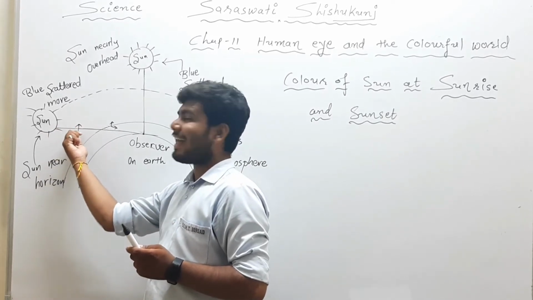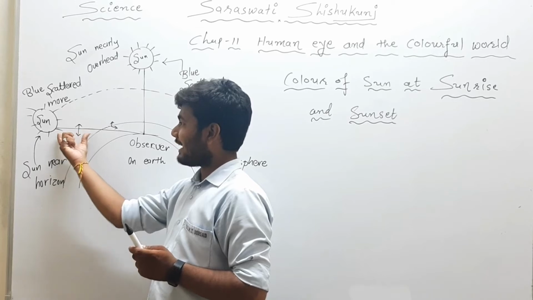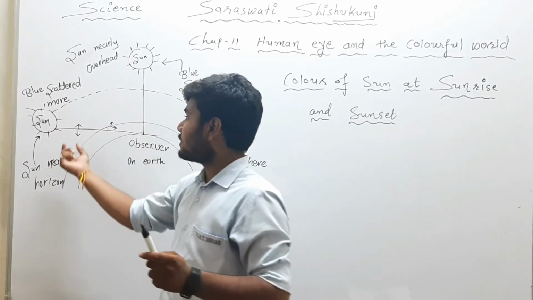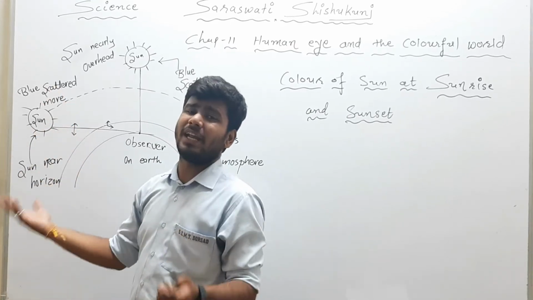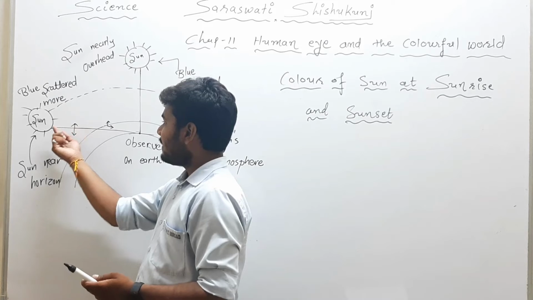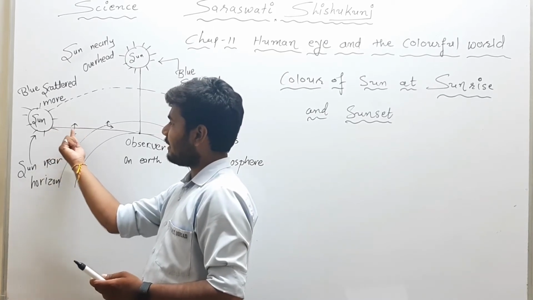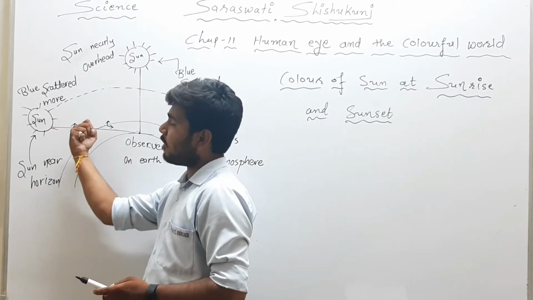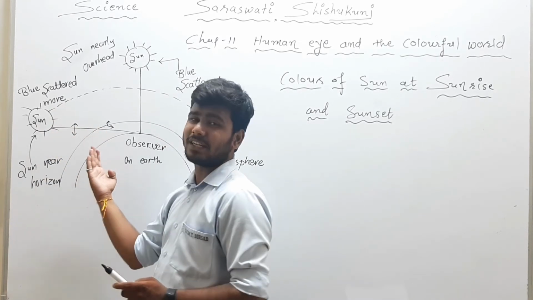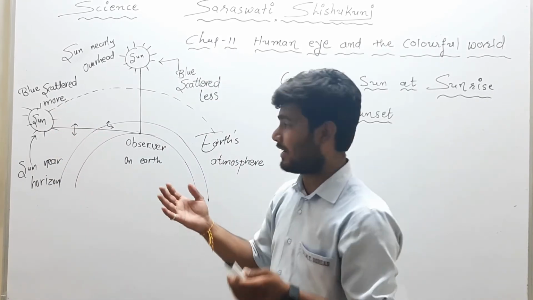So from the white light of the sun, we know that here it's a rarer medium which will have minute particles more. So here scattering of blue color will be done well. Now when it enters into the denser medium, you can see that from that light, blue color will be almost scattered in the rarer medium, but when it enters into the denser medium, it is almost scattered, and here